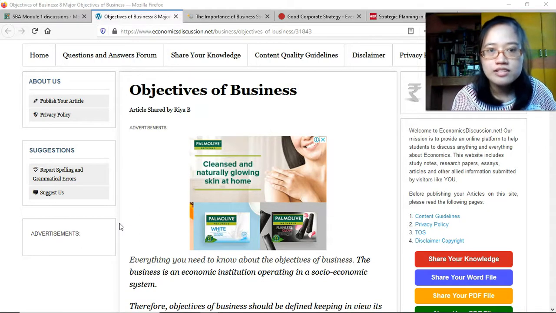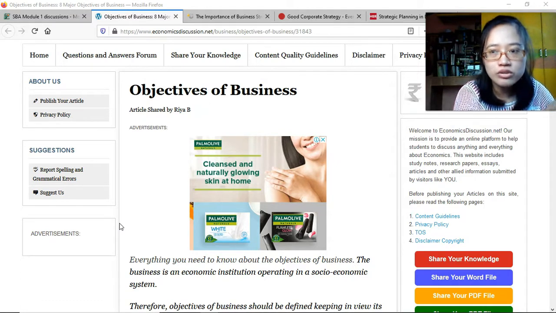Before we discuss the objectives of business, a bit of introduction or just a segue about strategies. Essentially, businesses and companies need to have goals and objectives, their reason for existing. Why are they conducting the business? The main objective of businesses is normally to earn profit, but aside from that, there are other objectives as well. Setting that aside for now, a strategy is what they plan to do to achieve those